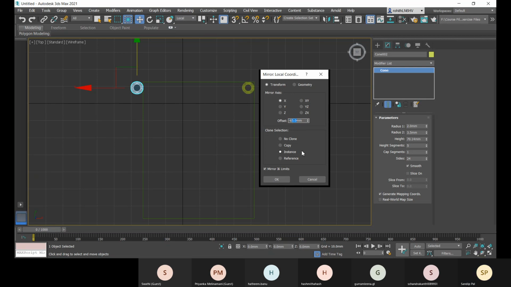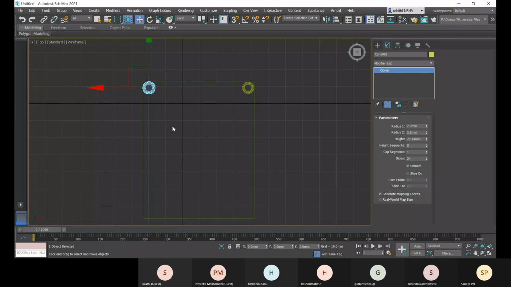So, okay, sorry, it is the radius. You have to minus the diameter. Okay, so that is 58. Okay, and click on OK.